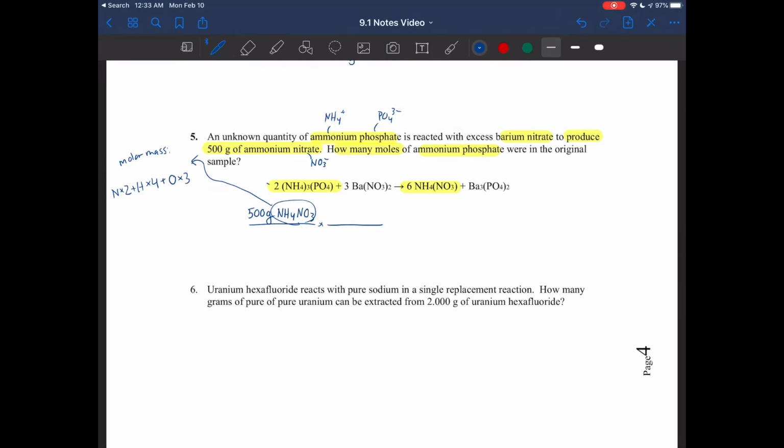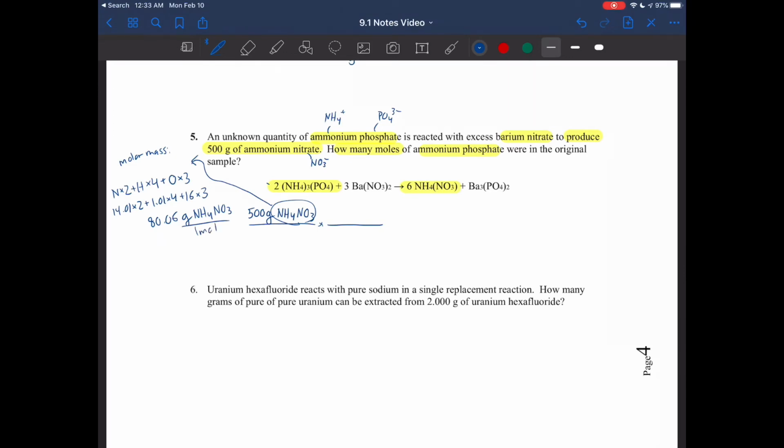So find the atomic masses for those elements: 14.01 for N, 1.01 for H, 16 for O. Multiply them up and add them together in your calculator. 14.01 times 2 plus 1.01 times 4 plus 16 times 3 should get you about 80.06 grams of ammonium nitrate